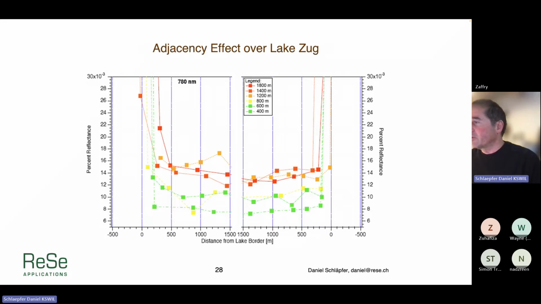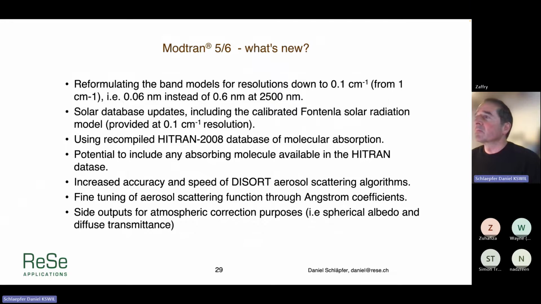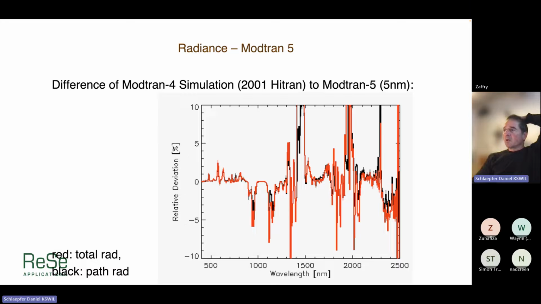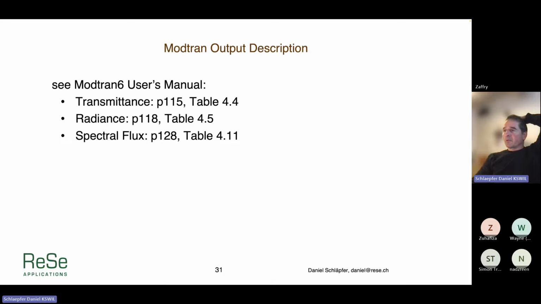This is an adjacency simulation we did, but I think this doesn't need to be explained now. That's just what's new, and also again to point at the differences you get for the output descriptions. I didn't put it in this